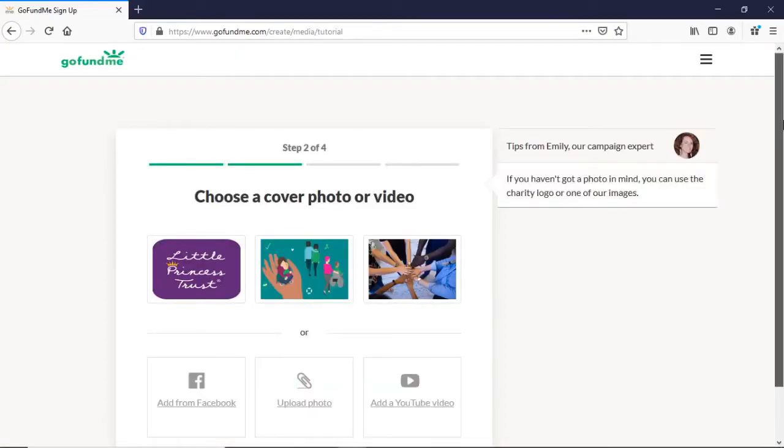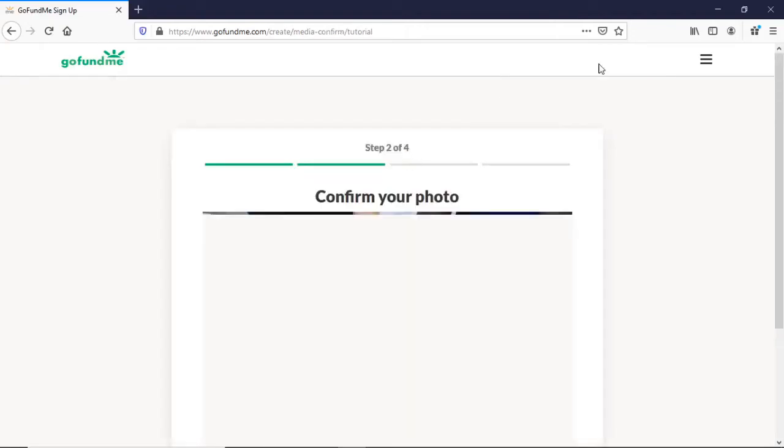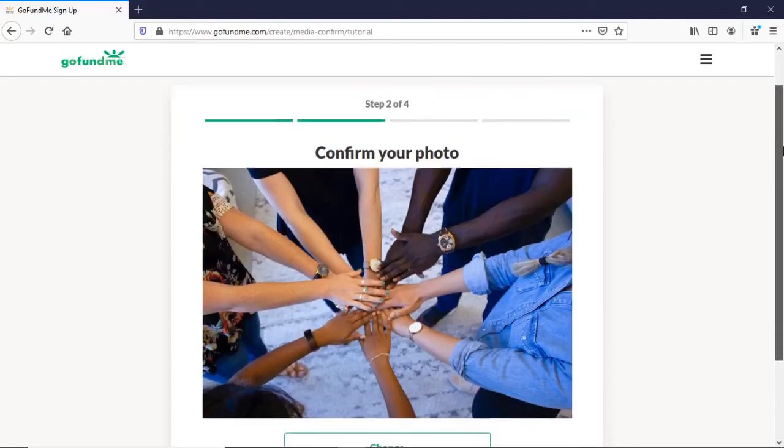Once you've clicked on next, you can customize a little bit. You can add a cover photo, or you can add a YouTube video, upload a photo from your hard drive on your computer, or add a photo from Facebook. For this, I'm just going to click on this picture here. So that will now be my cover photo, and if you're happy with it, go ahead